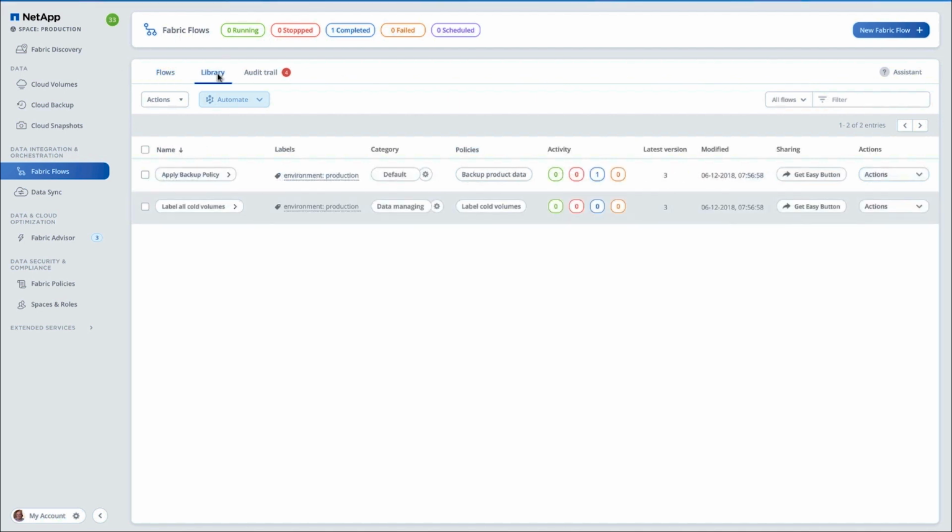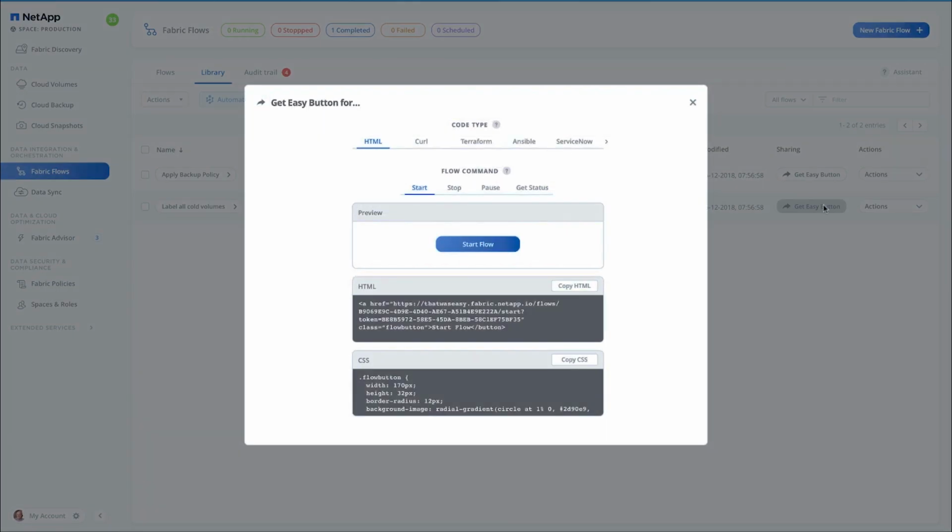But I want to go into my library of workflows, and I want to be able to hand over control or delegate the running of this particular workflow here, Label all cold volumes. How do we do that? Well, we've invented something called the Easy button. You click Get Easy button, and you're presented with this view where you can actually export the functionality of an Easy button: start, stop, pause, and get status very, very easily.